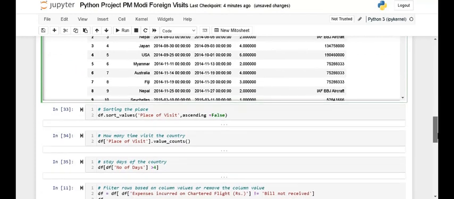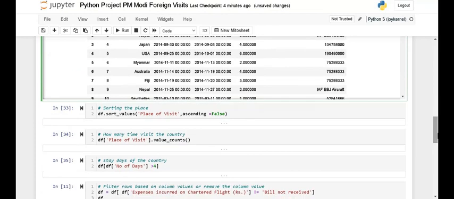Next, I want to sort the places, the countries visited. So ascending is equal to false. It shows the last alphabetically.